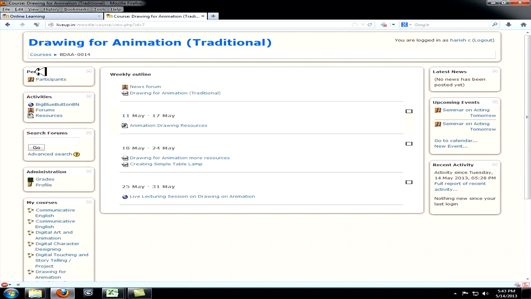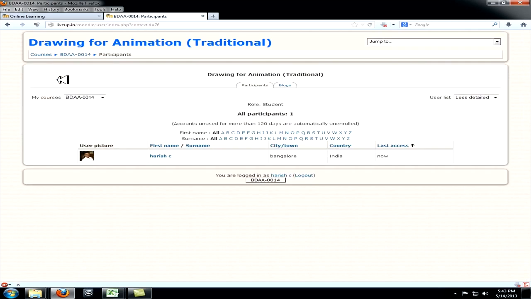Then on the left hand side you'll find various things, like you can find out the participants, and if they are logged in, you can view their profile, and even chat with them.